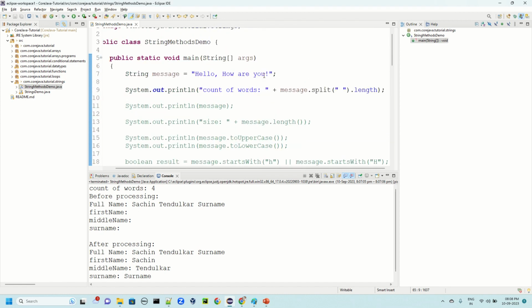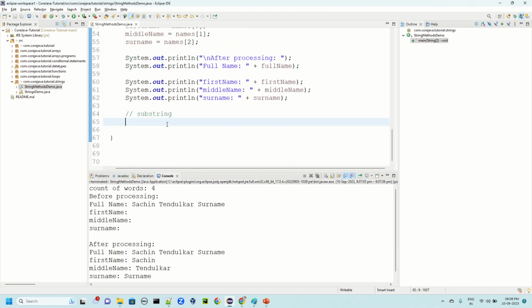Suppose we have this message itself. Message 2, because it's already declared, we can't declare it with the same name. Now, in the traditional way, how can we run a Java program? Using javac, we compile it: javac HelloWorld.java. This is how the Java code will be compiled, and this is the command